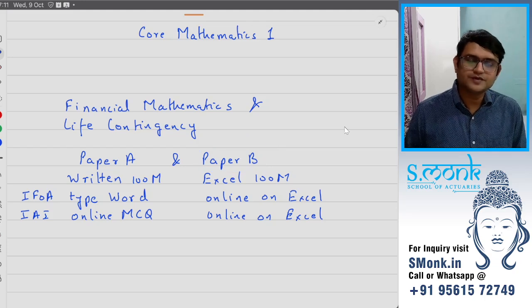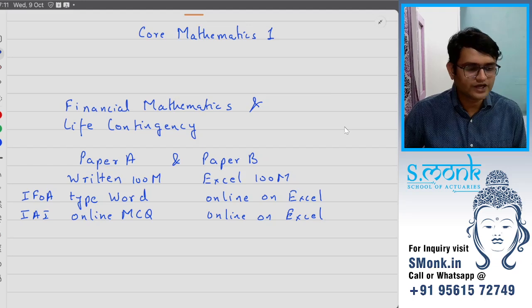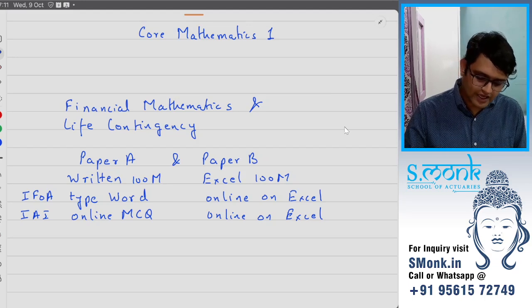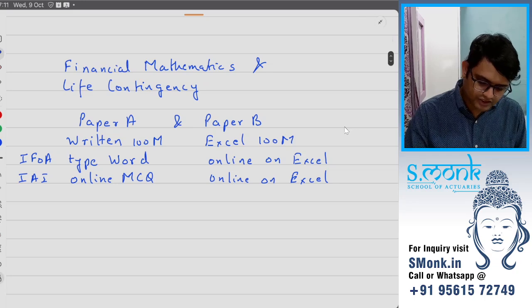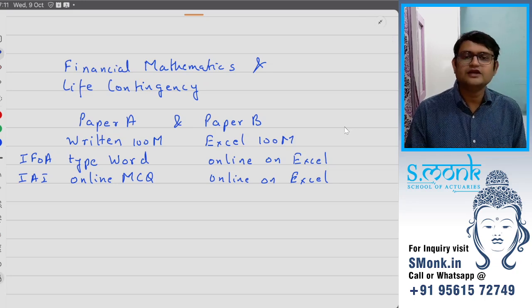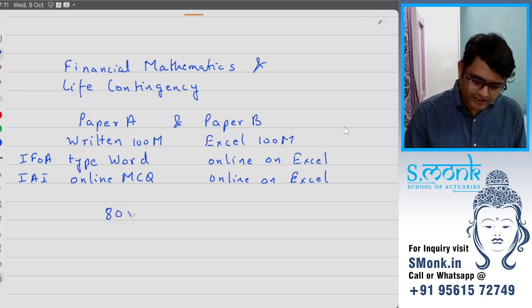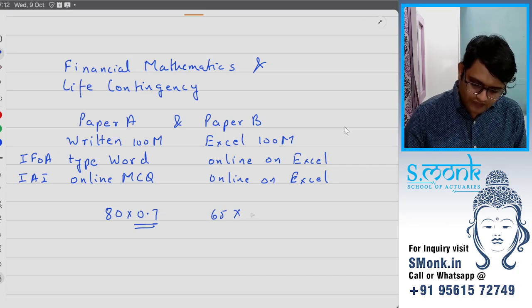You'll have to give both these paper A and paper B together in the same session. Like if you're giving the examination in April 2025, you'll have to give both A and B examinations in 2025. And however many marks you obtain, let's say in the written examination of 100 marks you obtain 80 marks, they will be taking 70% of that, and let's say in paper B you score 65, they will take 30% of that, and that is going to be your total marks.